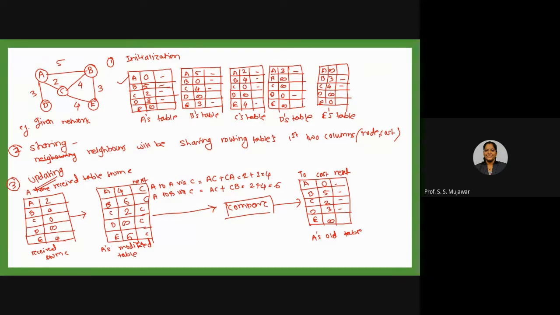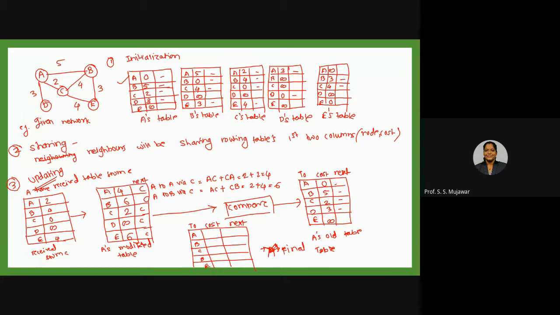Okay, now we will be comparing these values. To reach A, here we require 0, here we require 4. So now I can choose, we are creating the final one. 1, 2, 3, 4, 5. This is the cost and the next hop. Okay, A, B, C, D, E. We are calculating this for A's final table. This is A's final table.